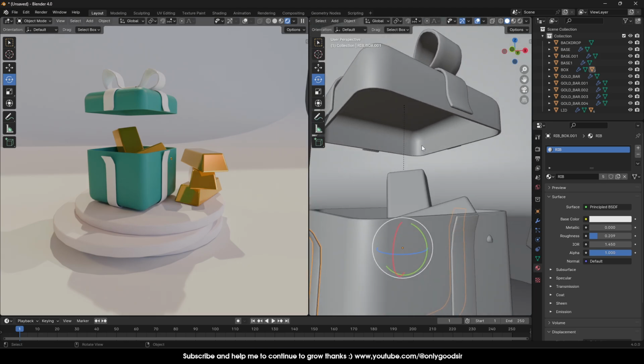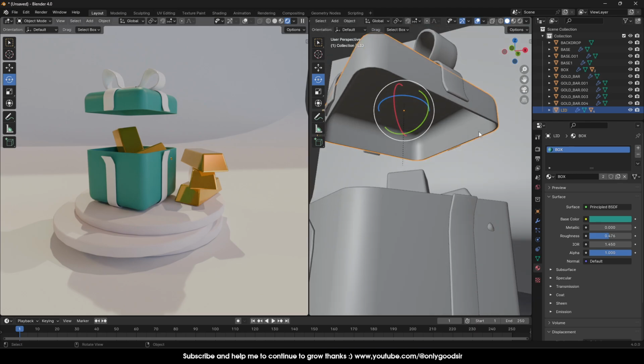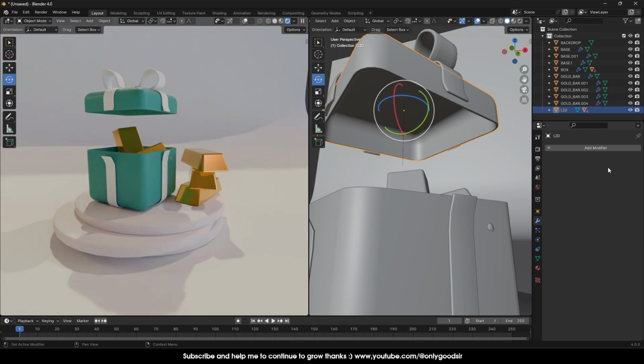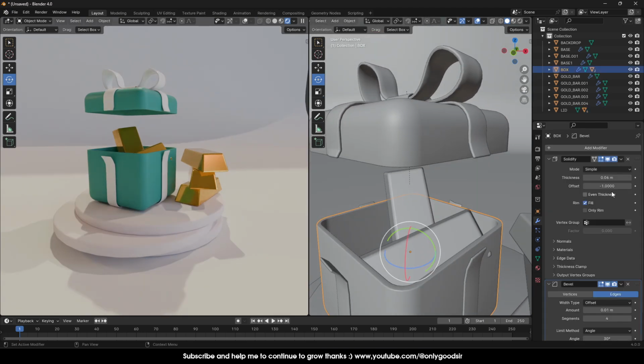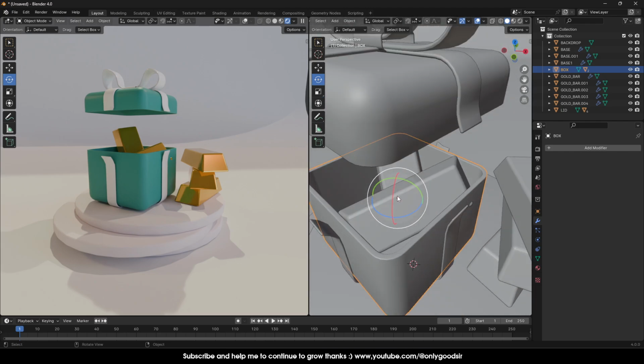Now we can add an emissive shader in there. So for us to do that on the lid, or if you want a different color, if you don't want emissive, a secondary color, we need to apply the modifiers. So on the lid and the box. So I'm going to apply the solidify first, then followed by the bevel. I'll do the same on the box. What I'll do is say apply and apply. So those modifiers are now applied, which now if I go into edit mode, so we go here to edit mode,